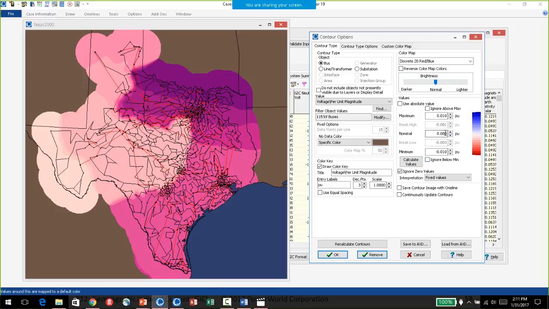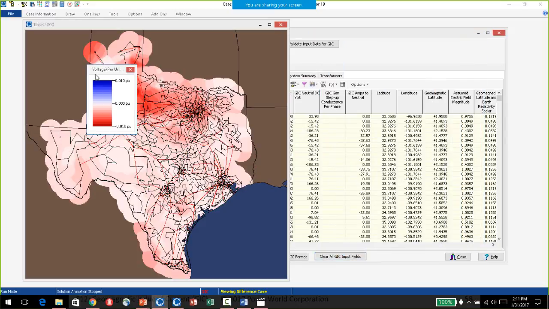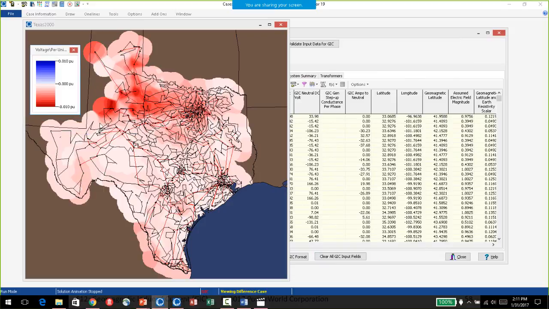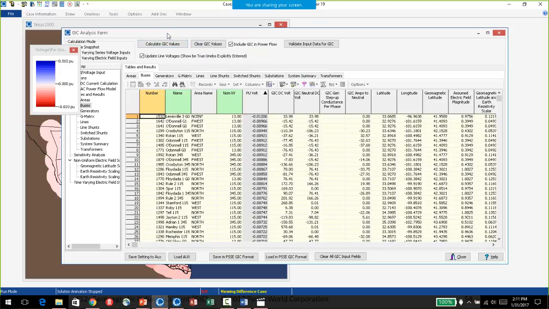We're showing, in the middle, no change. Down here, we're showing a drop in voltage, and up here is a rise in voltage. And then I'll click OK on that. And then you can see how the voltages change as a result of the GIC. And other things you could do is stress this. So this is 8 volts per kilometer. If you wanted to, you could start to increase the field and see how that changes things.